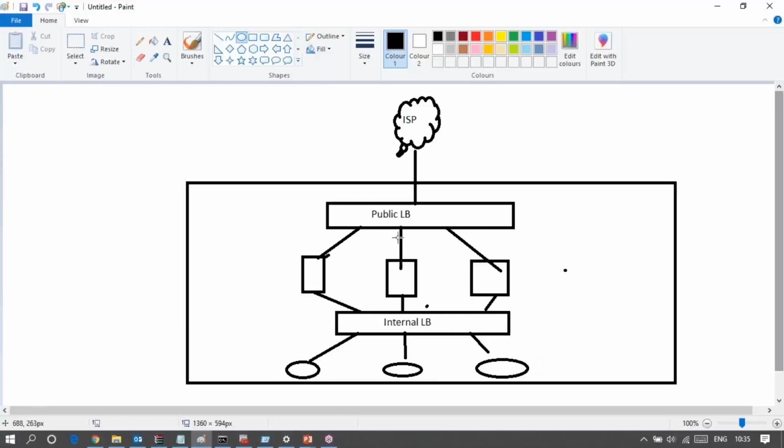In the case of an internal load balancer, you don't need a public IP address because all the hands are present in an internal network. But in the case of a public load balancer, we have a public IP address because we have to call our public load balancer using the public IP. Or we can create an alias record if I have any DNS hosting, as we did yesterday, remember. If we have DNS hosting, we can create an alias record against the IP address of the public load balancer, and we can call the public load balancer using the alias name. That you can also do. So this is the overall function of the load balancer.